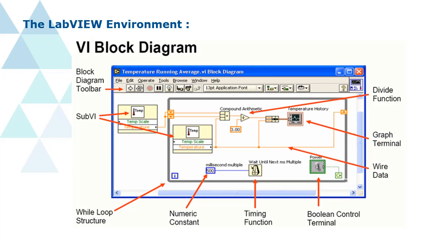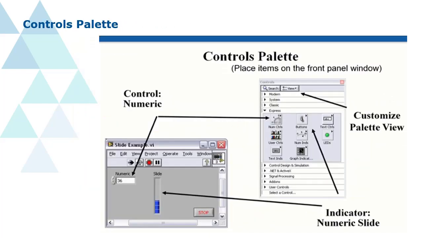Each front panel control or indicator has a corresponding terminal on the block diagram. The block diagram also contains various functions connected by wires. One has access to a number of tools and palettes in LabVIEW. The control palettes are available only in the front panel. To view the palette, select Windows, Show Control Palette. You also can display the control palette by right-clicking on an open area on the front panel. Drag down the control palette by clicking the push pin on the left corner of the palette. So here you can visualize the control palette.